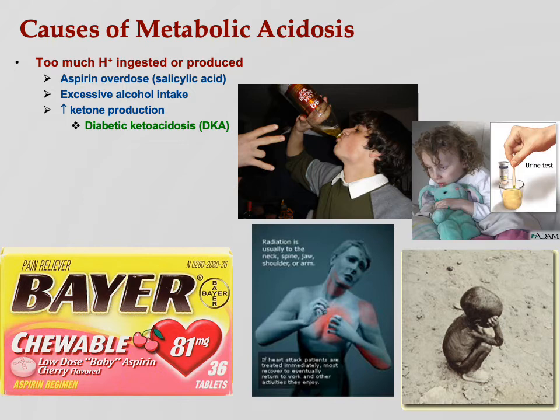Now there's a type of breathing. What would you expect to see in a patient with severe diabetic ketoacidosis? They are way too acidic. How would the respiratory system respond? This is the kind of question I would ask on a short answer. You should be able to figure that out. Yeah, they'd be hyperventilating. And in fact, there's a term for that with diabetics. It just flew out of my head as I said it right now. It's something that I know very well, and I talk about all the time, but I just can't think of it now. It'll come back in a moment.